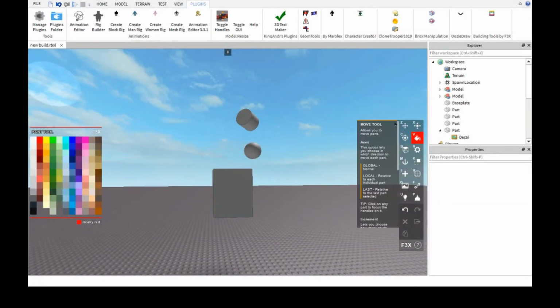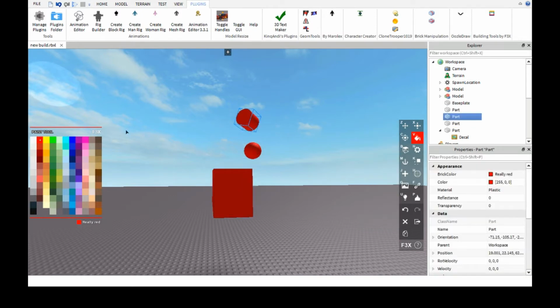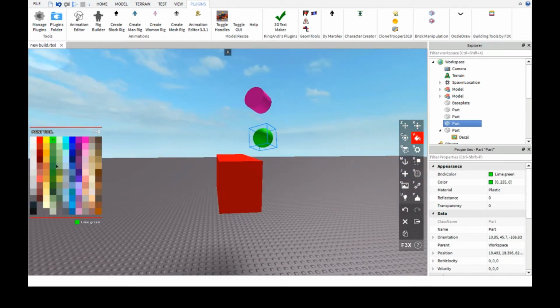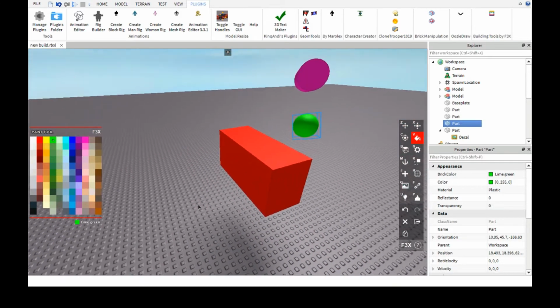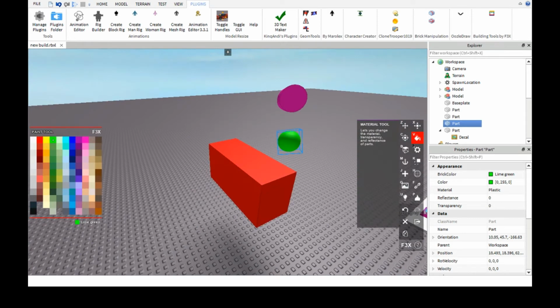So let's move on to the paint tool. And what does the paint tool do? It paints things different colors. And I can paint this right now. I'm painting it really red. I can paint this hot pink. I can paint this lime green. I can paint this any color I want over here, and the name will be displayed down here. Now, since that's a pretty straightforward tool, there's nothing more to it, we're going to move on to the next